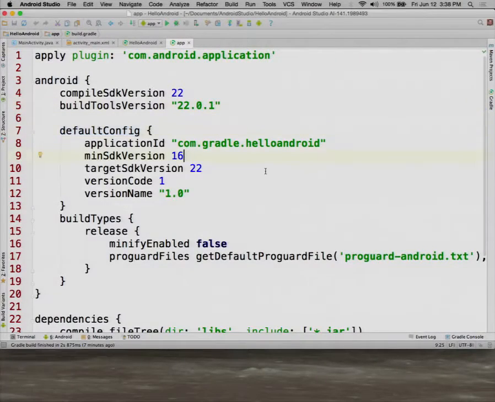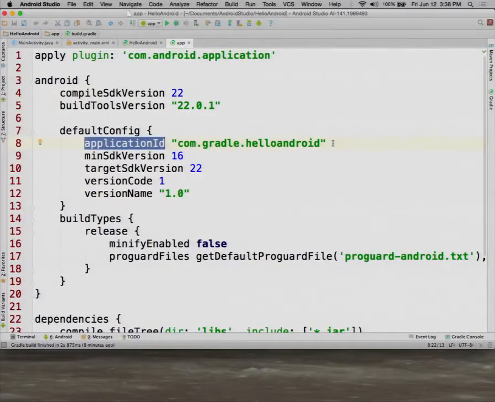This is where you pick your min SDK version. Now, one thing that has changed over the last year is that when we defined a package for our project, and you use the reverse URL notation, back then we always called it package. And in the manifest, in the XML file, it was always package. Now it's called application ID. Now this string must be unique at the Google Play Store if you deploy to there.